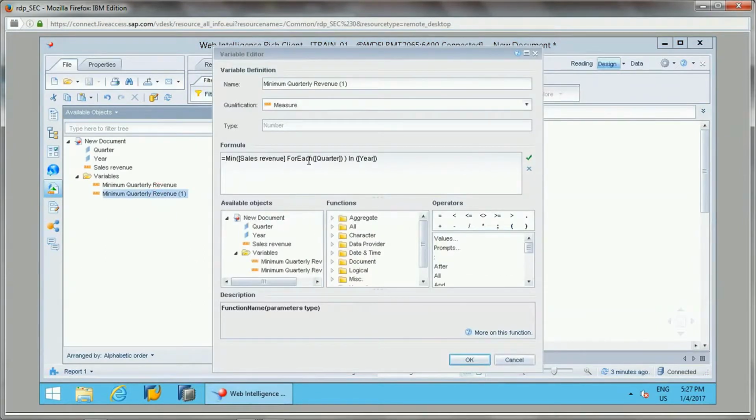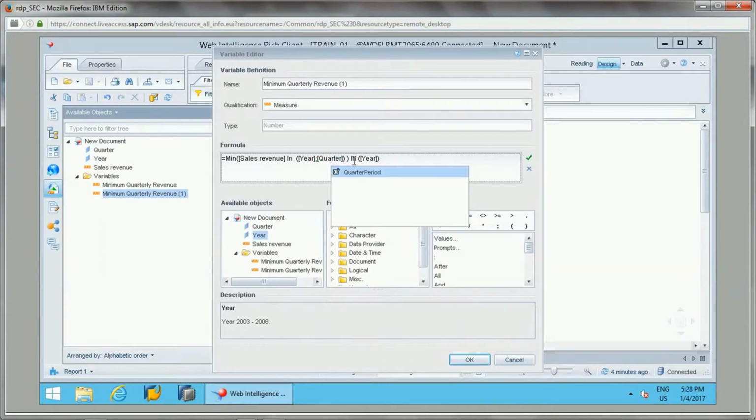Instead of For Each we can use the In operator, where it will say take year and quarter into consideration and output the data by year. So this will also give the same results.